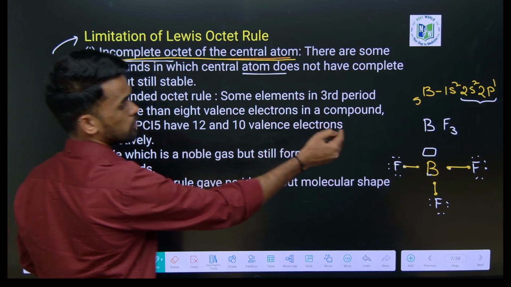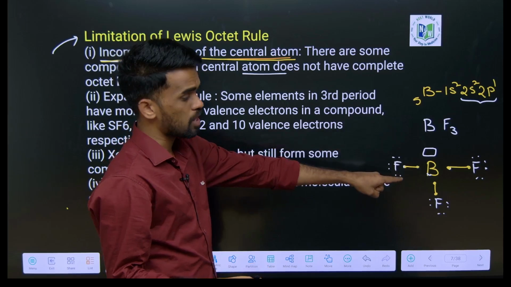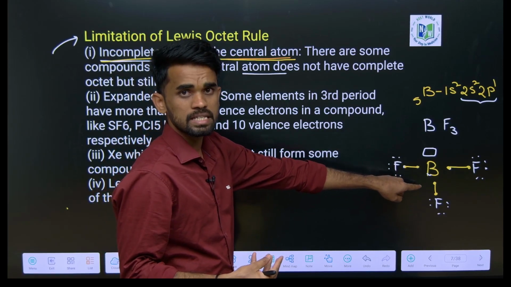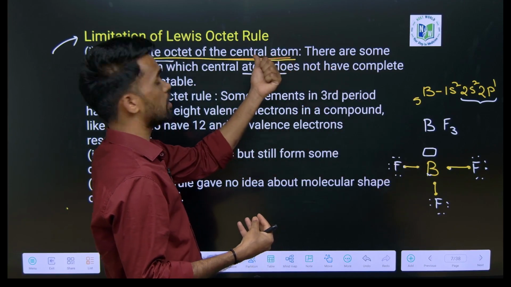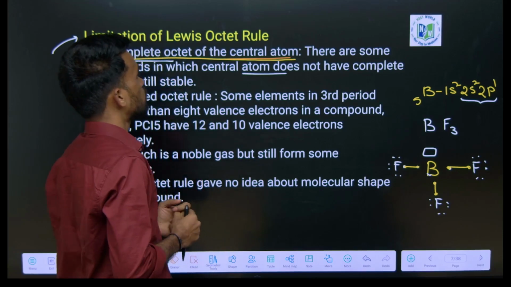All 13th group elements, that is, boron family elements, will form trihalides. Whatever trihalides exist, those will be considered examples of incomplete octet of the central atom. Okay. The next,